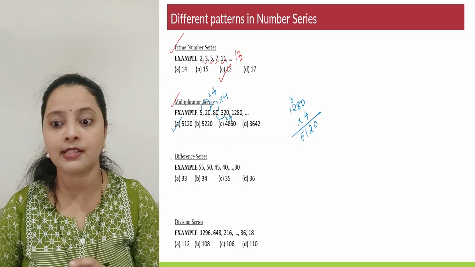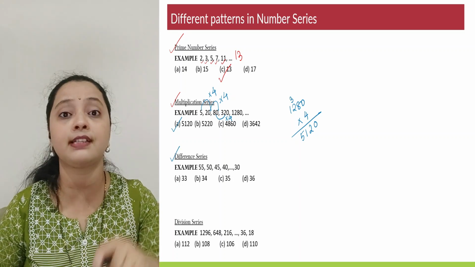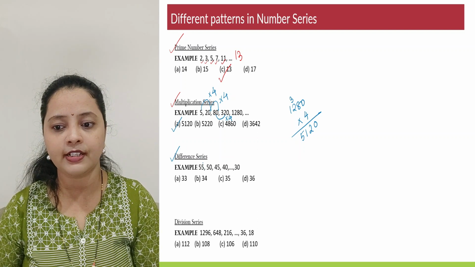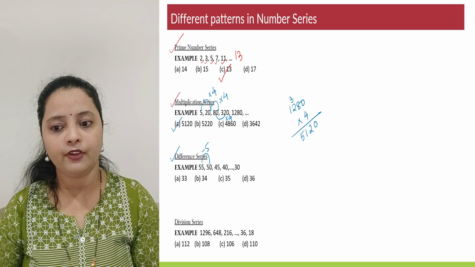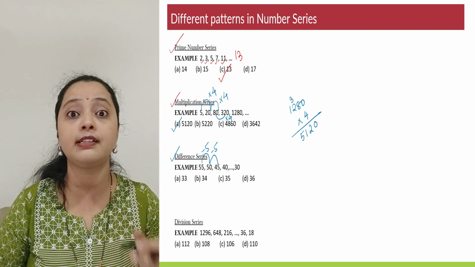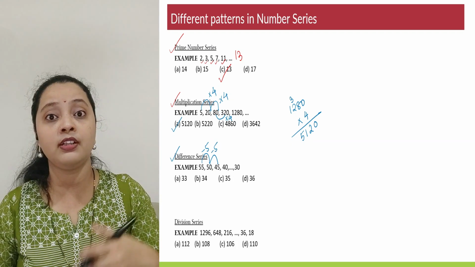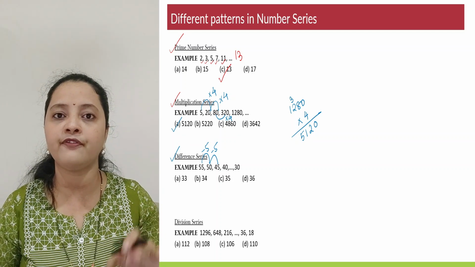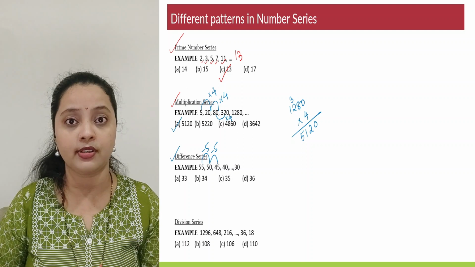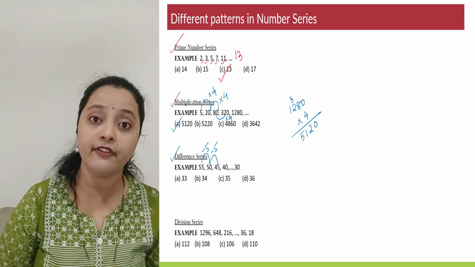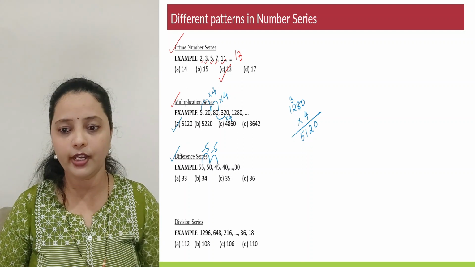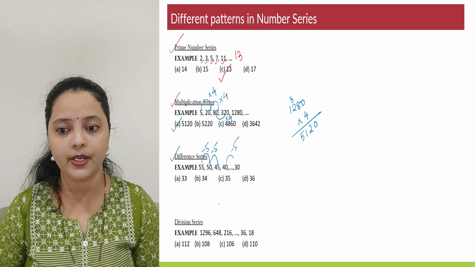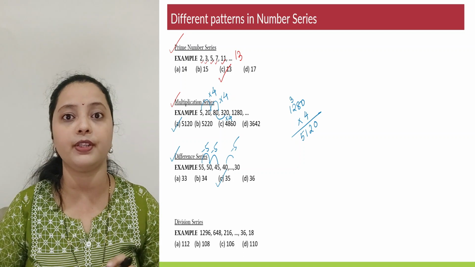Now the next type is the difference series. Now this is something we actually started with, the common variety. Now how do we go with it? 55 and 50, there's a difference of 5. 50 and 45, there's a difference of 5. So there's a constant difference. The previous question that we saw, the difference was going on increasing. So when you're going for a difference based series, the difference would be constant, or there would be a constant difference in the difference that you have taken. So over here, the number that I need is 40 minus 5, that would be 35. So option C would be the correct answer.